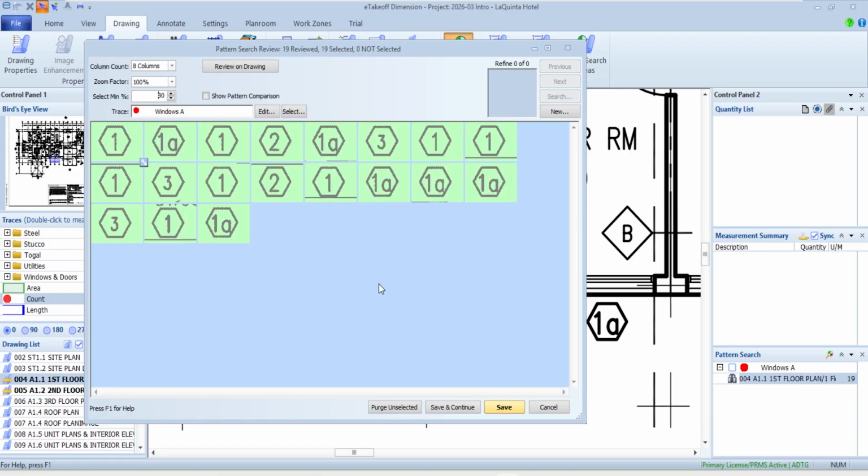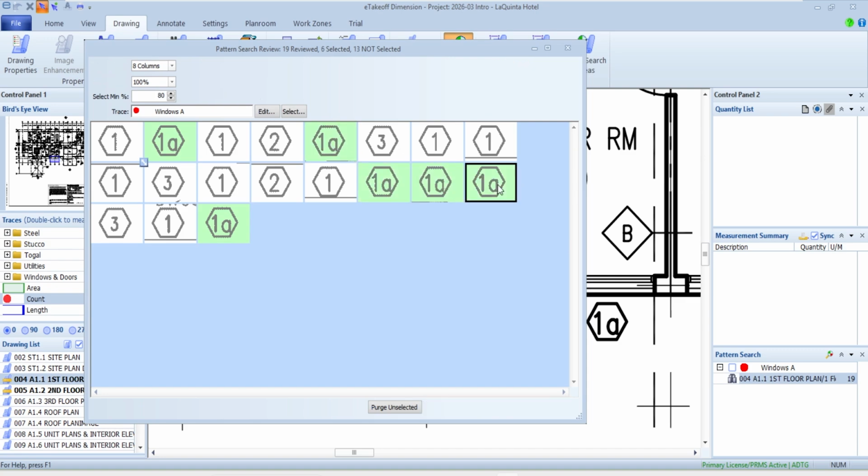So in this case, the only thing that I see that really looks like a 1A is what? In my case, sometimes I find that if I click once on the first one, hold my shift key down and click once on the last one, I could turn them off and then come back and just tag the ones I want, or I could come back and tag some of them. So in my case, the only ones that look like they're really the 1As are maybe those things there.